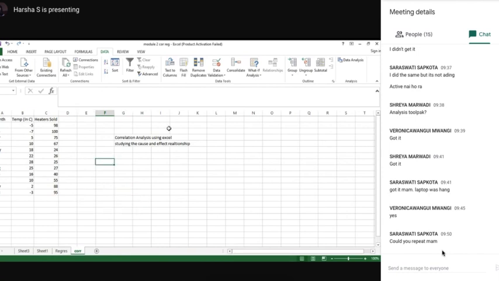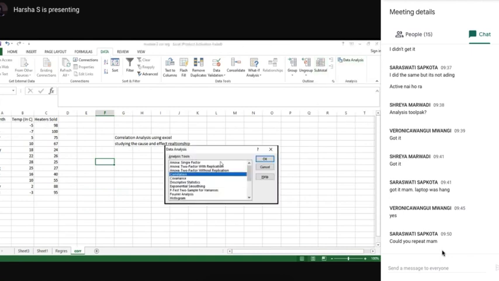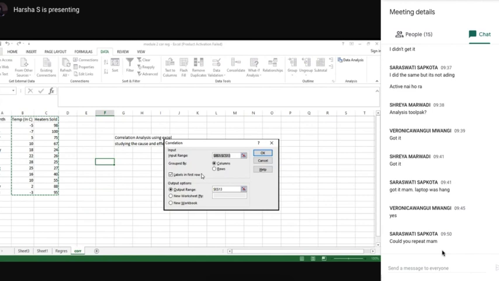Okay. To calculate correlation, go to the data tab, data analysis. You will get a toolbox. From that toolbox, click on correlation and then click OK. Now what is your input range? Click your cursor here. Input range means you put in the variable columns 1, 2, 3, whatever columns there are.